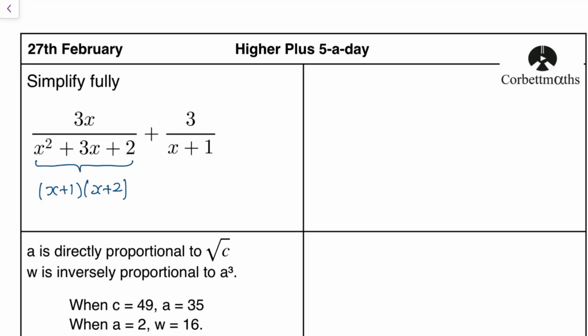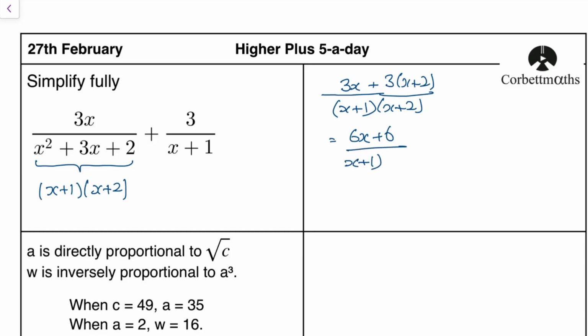Then what I'm going to do is make the denominator the same. So the left-hand one is already x plus 1 over x plus 2. The right-hand one is 3, so I'm going to need to multiply that by x plus 2 so that I have the same denominators. And then I'm going to expand and basically hope that something's going to happen. So 3x plus 3x is 6x, and 3 times 2 is 6, and all that's divided by x plus 1